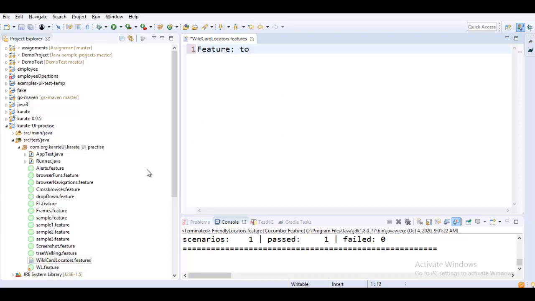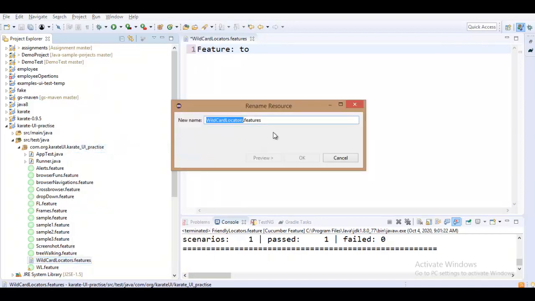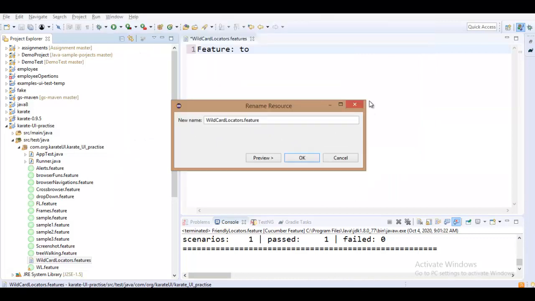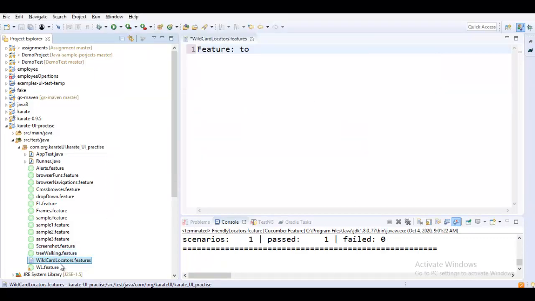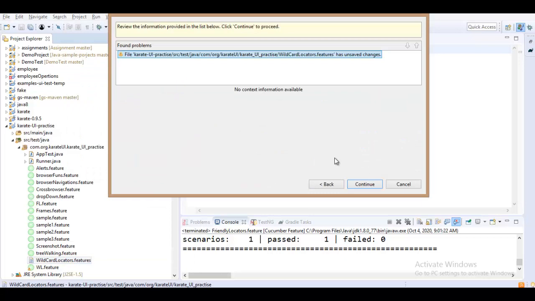I think there is some problem with the extension, so maybe let me rename this feature. Yeah, okay. So let me just delete and create it again. I have just given the wrong extension, due to which it cannot identify the BDD syntax.